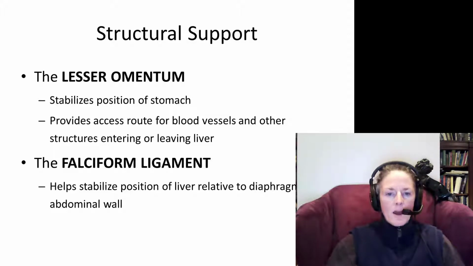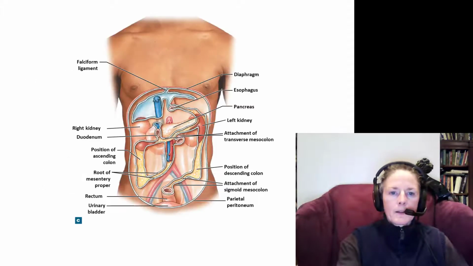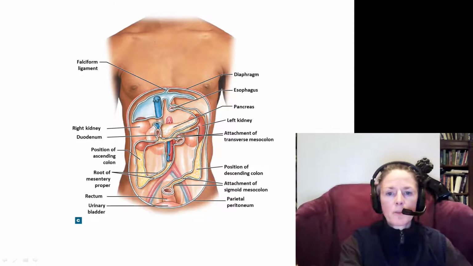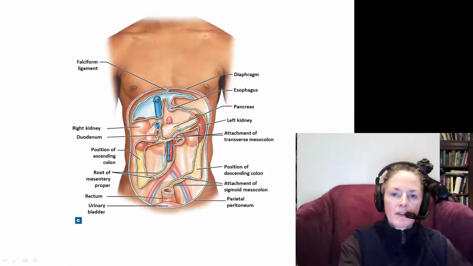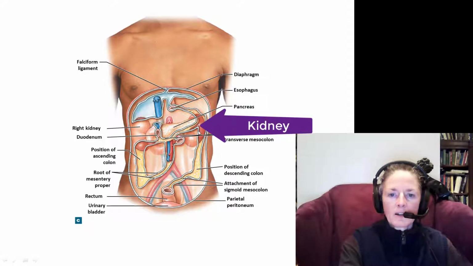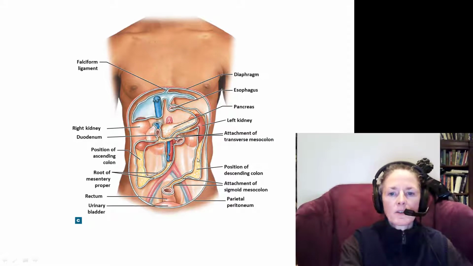All right, so here is what we would have if we took out all the non-retroperitoneal organs. We have the retroperitoneal organs left. Here we have the pancreas, we have the adrenal glands, we have the kidneys here, we've got part of the rectum here, we have the ascending colon and the descending colon over here. These are going to be